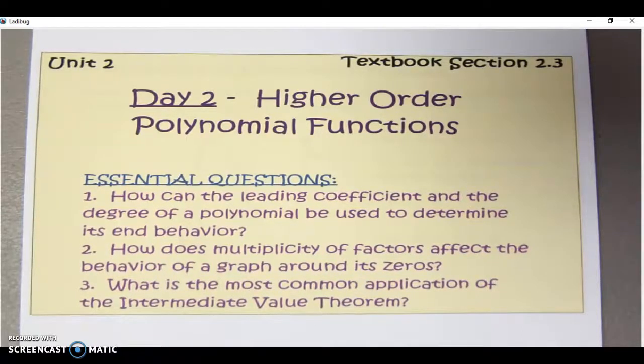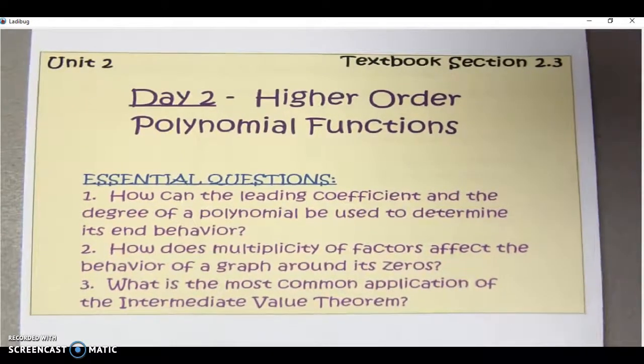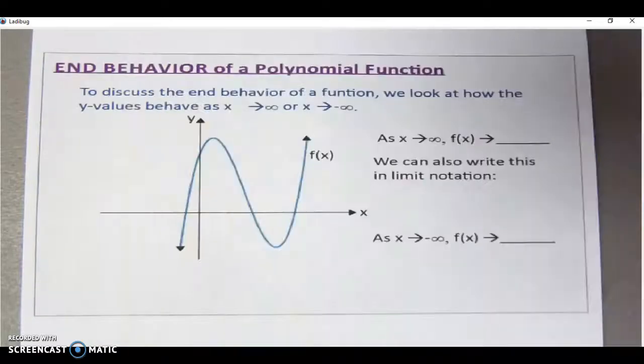Alright, so we're going to be covering Unit 2, Day 2 today, which covers higher order polynomial functions. So the first thing that we're going to revisit is end behavior. To tell the end behavior of a polynomial function, we're going to write these in limit notation. And we're going to be able to do this without having to see the